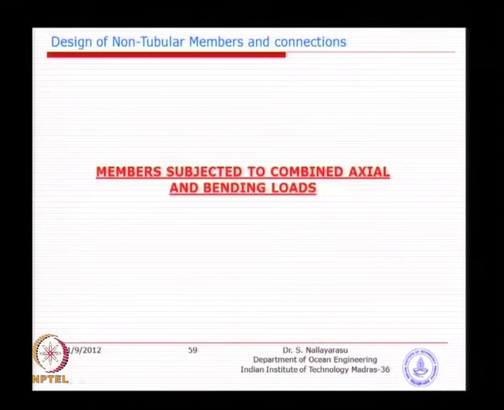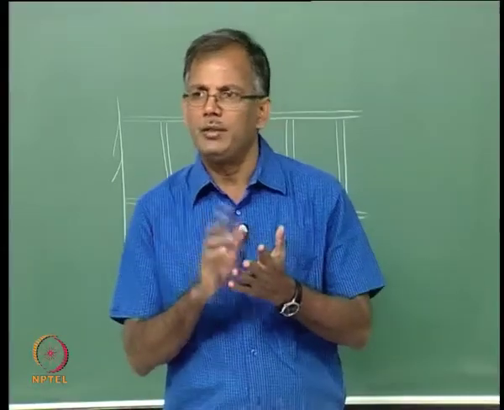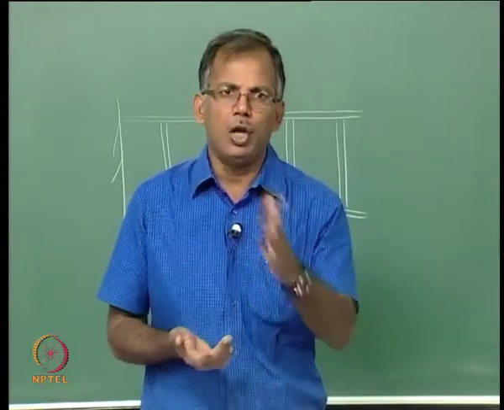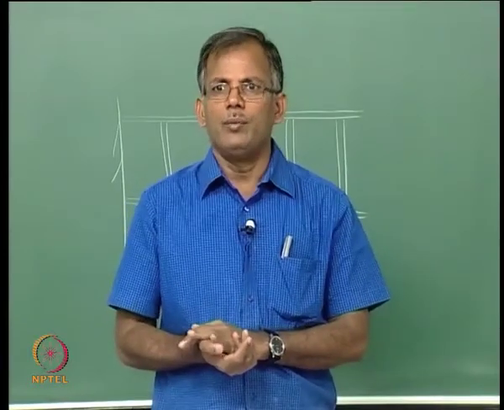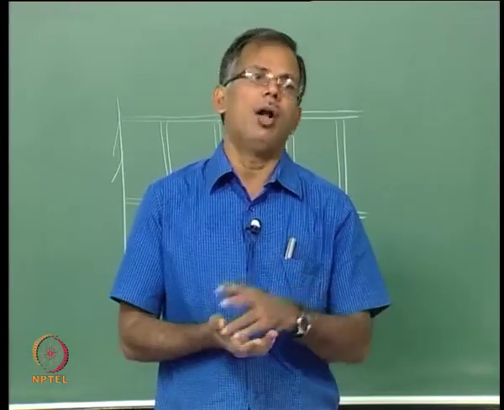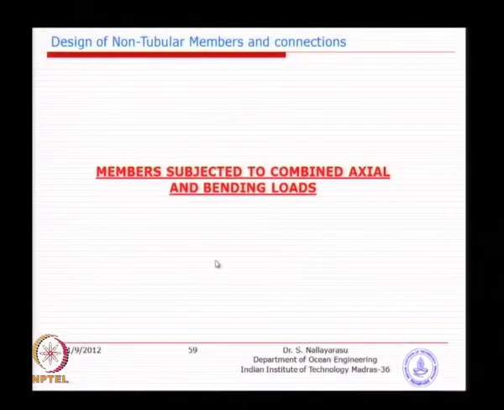The next one: we have already calculated the axial capacity in tension and compression, the bending capacity in minor axis and major axis bending, and also shear. Now, there will be load cases where you will have concurrent existence of all the loads together in any beam or column. So, similar to the API codes, we need to see the possibility of combining them, so that the beam is safe in the coexistence of all the loads.